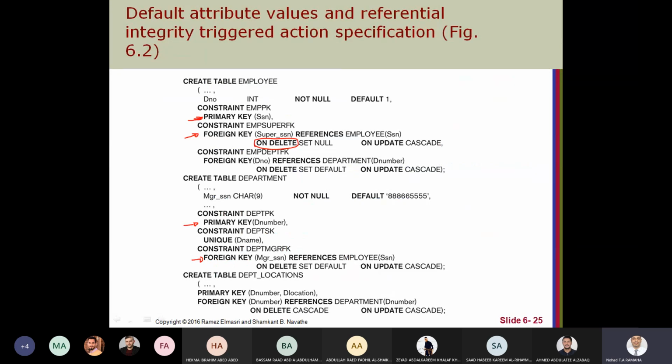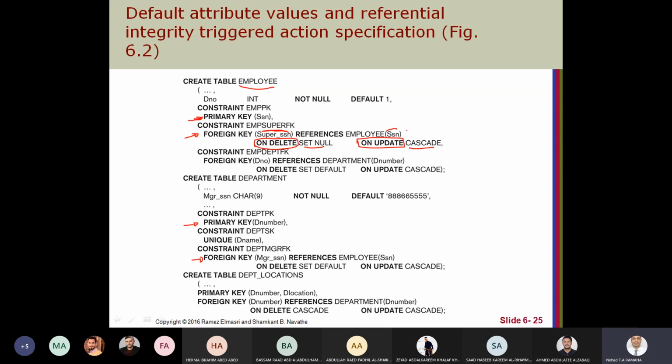So the keyword is on delete, and on update, what should be done also. Here we mentioned on delete, set null. On update, cascade.